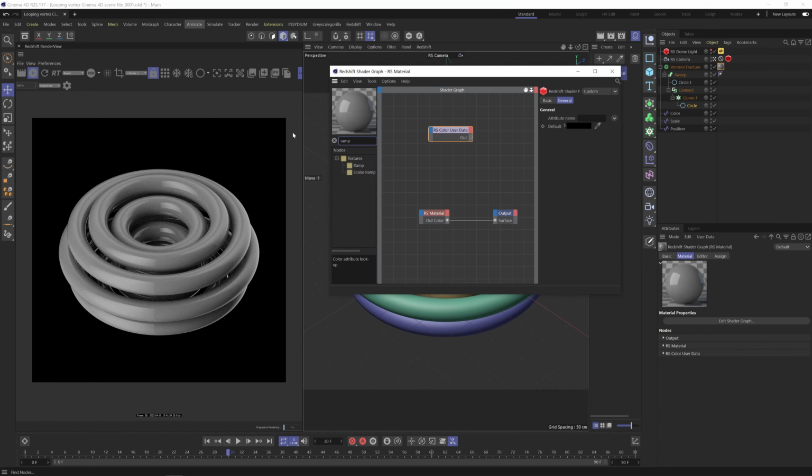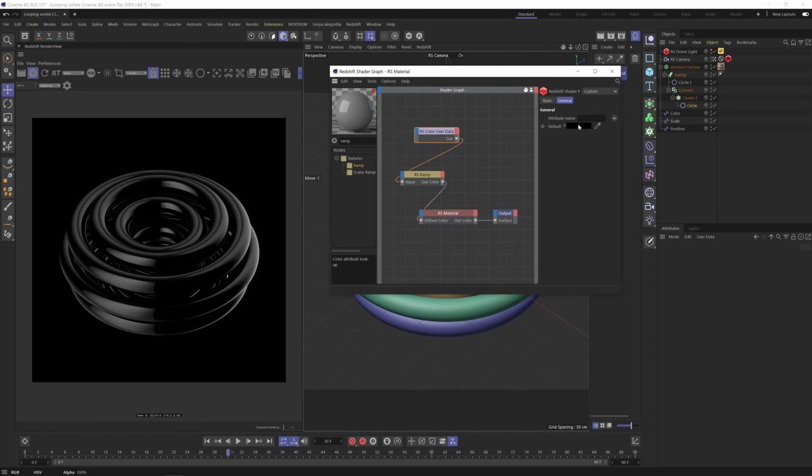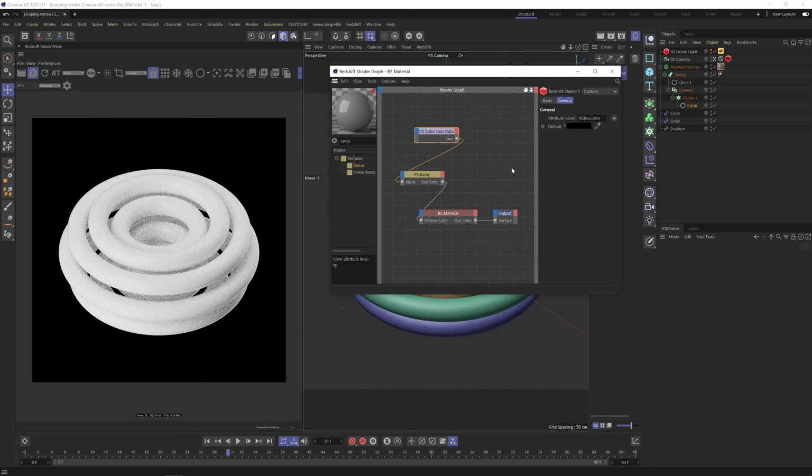And to show you this, I'm just going to drop it into a ramp just so you can see the different gradient. So diffuse color, and we'll plug this into the input. So we don't see anything yet. What we need to do is come into the attribute and MoGraph color. So you see here, we've got a gradient set up, we've got that plugged into diffuse, and we've got the